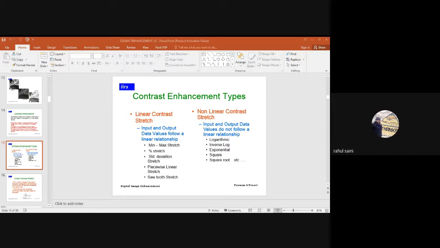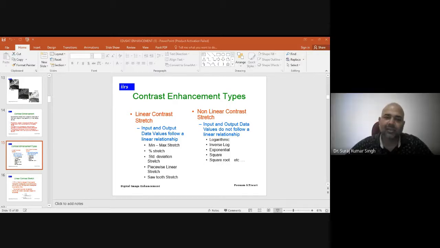The contrast enhancement types. You have the range from 0 to 255. The data recorded was 84 at the lowest and 153 at the highest. So the range between 0 and 84 is unutilized, and the range between 153 and 255 is also unutilized.